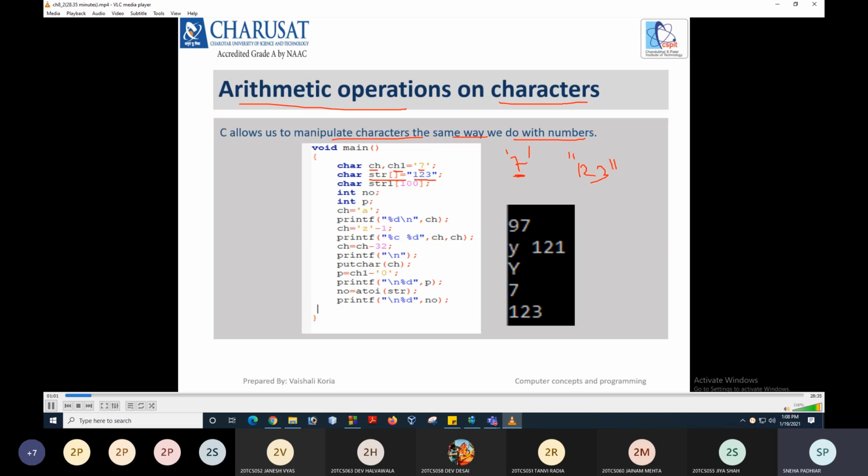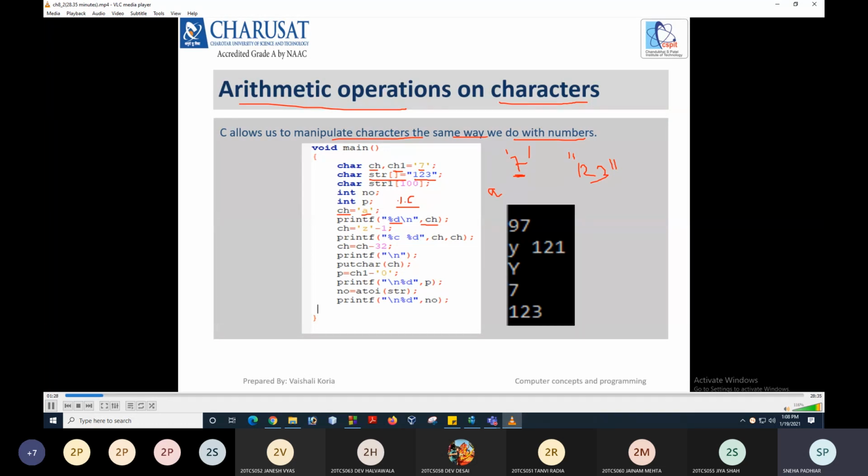Now what we are doing here: first we have stored small a in the ch variable and we are printing that value. If you print this ch variable's value using the %c format specifier, it will print small a. But here in the example, we have printed the value of ch using the %d format specifier.